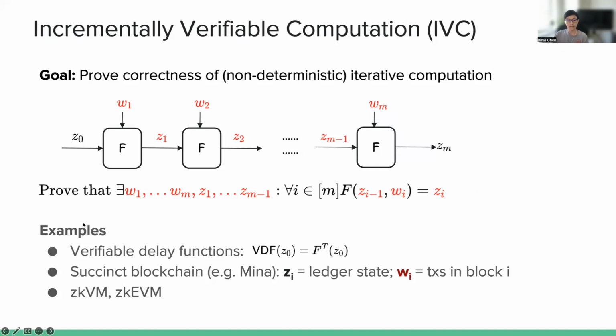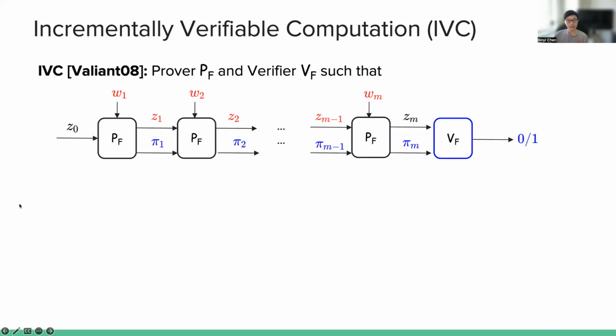That's the background. To solve this kind of problem, already back in 2008, Paul Valiant introduced a really elegant notion called incrementally verifiable computation. Instead of directly sending all the intermediate witnesses to the verifier, who would just do recomputation, which would be really expensive,